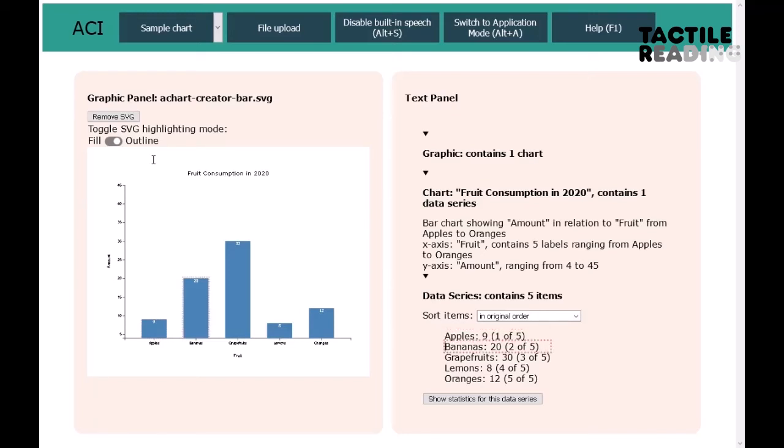Now we can step through the data points with the cursor up and down keys. Bananas, 20, 2 of 5. Grapefruits, 30, 3 of 5. Lemons, 8, 4 of 5. And if I now go back to the sorting list, Sort items in original order, with Shift and Tab, I choose, for example, from lowest to highest value. Press Enter